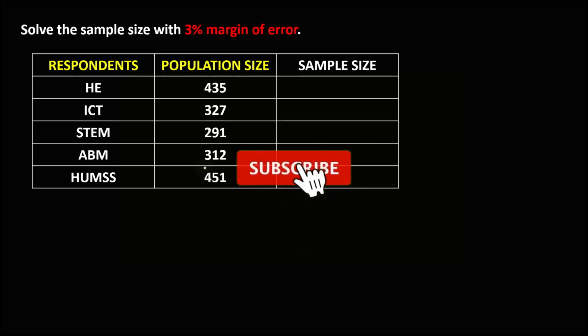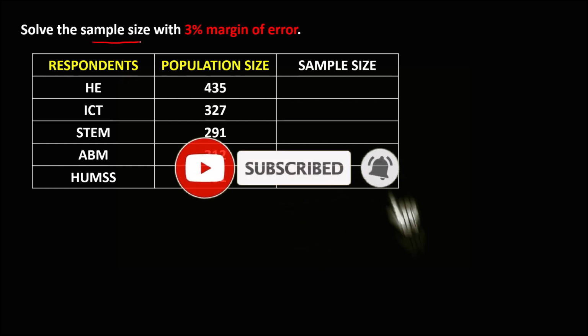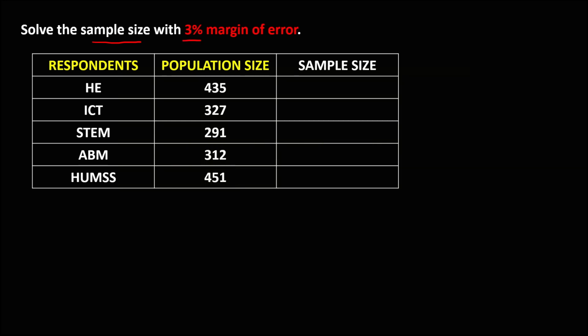So for this problem, to solve for the sample size with 3% margin of error, so these are the different respondents, and this is the respondent population size. Then to find the sample size for every respondent, first we need to find the total population by adding